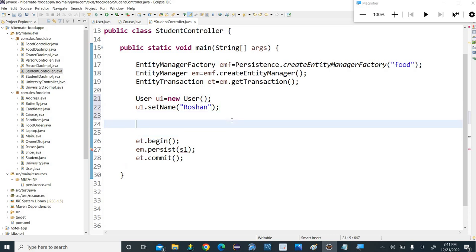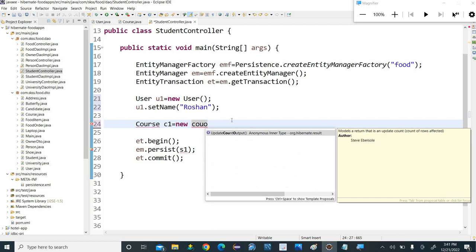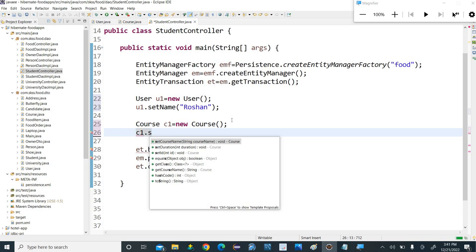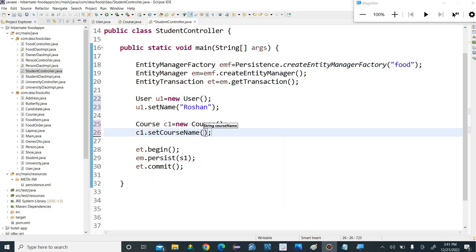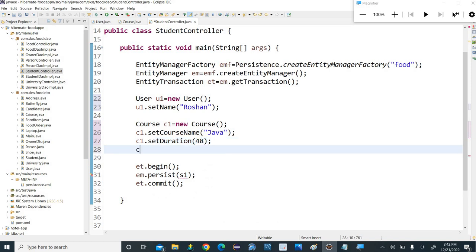And here I am writing a course: Course c1 equals new Course. c1.setCourseName Java, c1.setDuration 48 days, c1.set